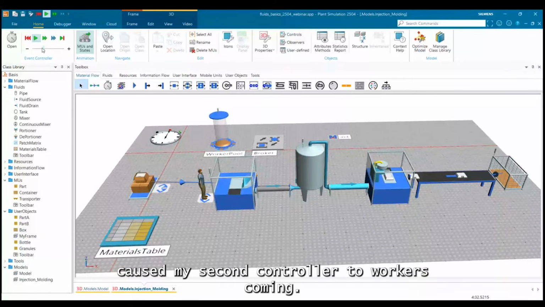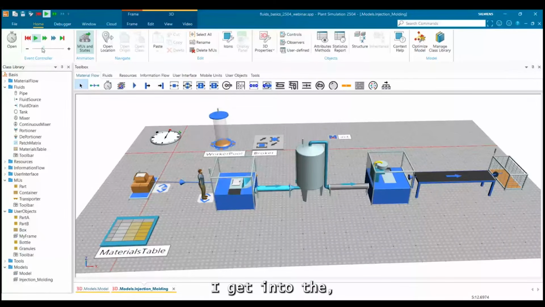So now it calls my second control. The worker is coming, holding again the machine with granules, and then the production starts again and again and again.